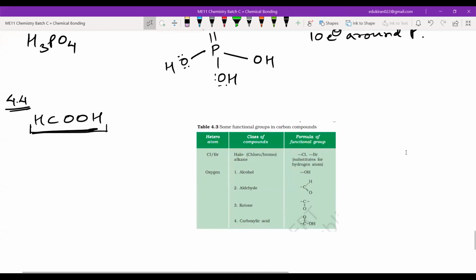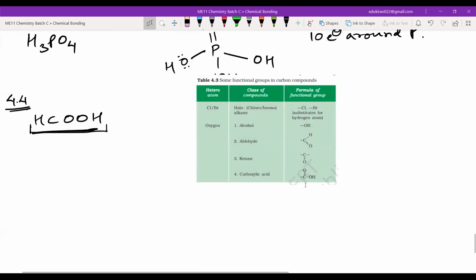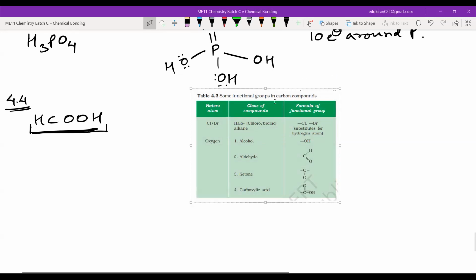This is a table. I have taken this from the NCERT class 10th book. Can you see carboxylic acid? Yes or no? Carboxylic acid, right? So how can you say, sir, we have not learned carboxylic acid? There are also oxidation reactions, where you oxidize alcohol and then you get carboxylic acid, addition reaction, substitution reaction. Then you have learned ethanoic acid, methanoic acid, guys.